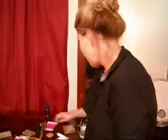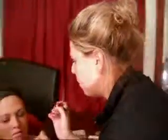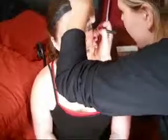Now the one thing about the eyeliner that people fail to see is that the eyeliner should only be placed on the top inner part of your eyelid. A lot of people like to apply that right on the lower part, but all that does is make your eye look smaller than what it really is. And when you do it on the top, it actually helps open up your eyes, make them look longer and bigger. So we're just going to go ahead and apply that